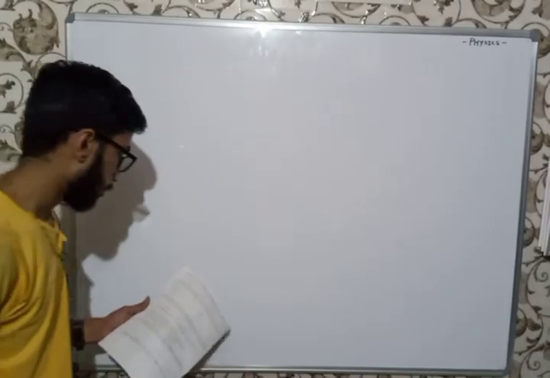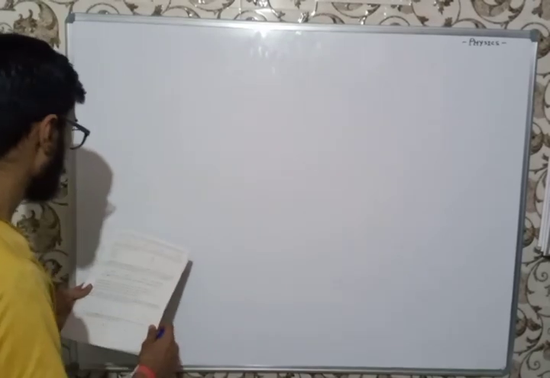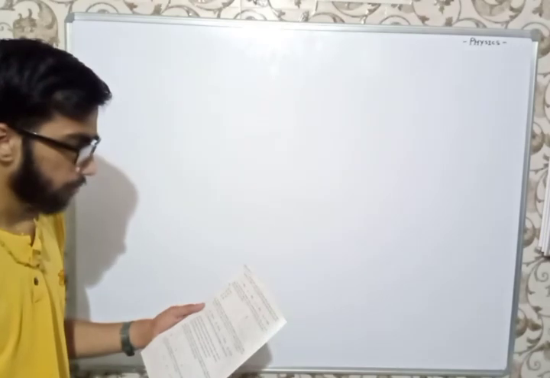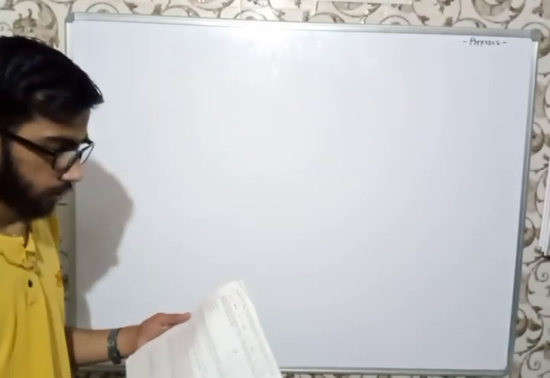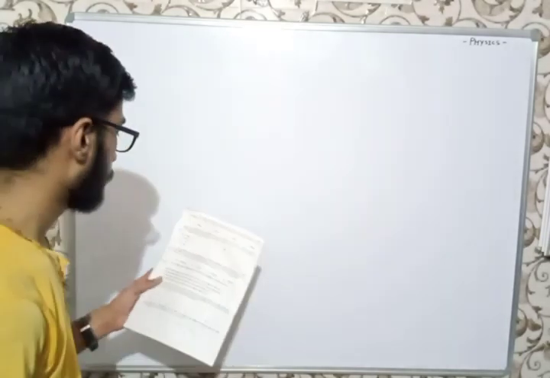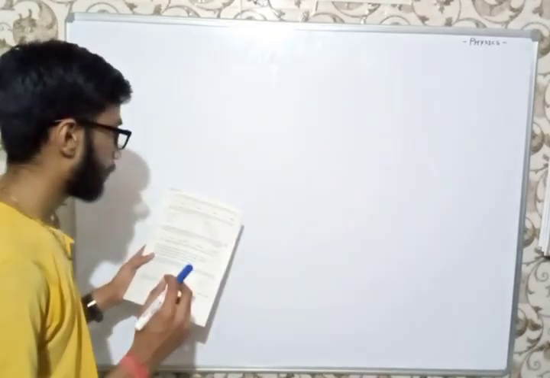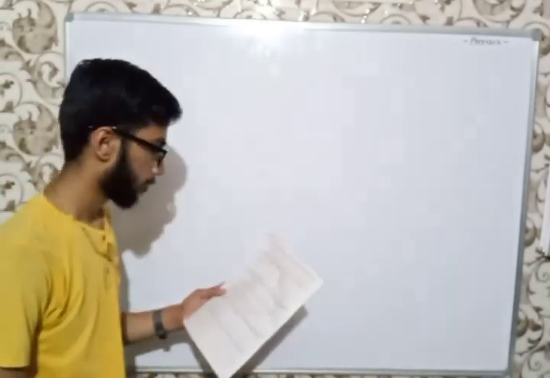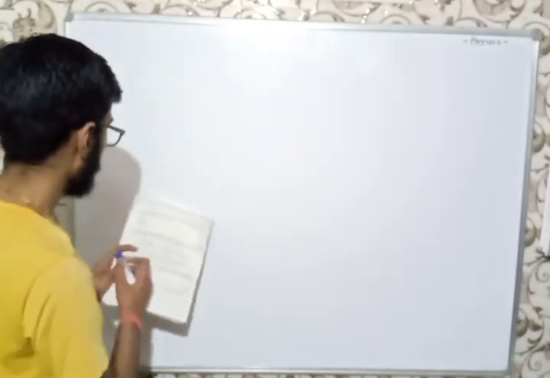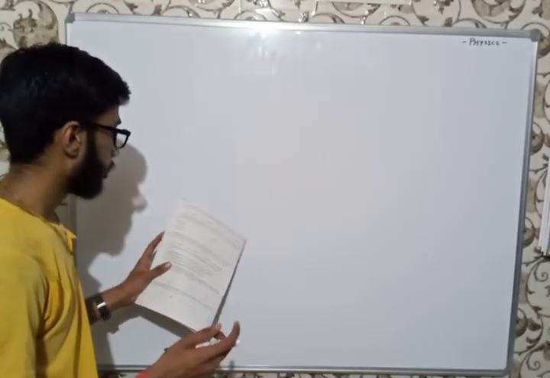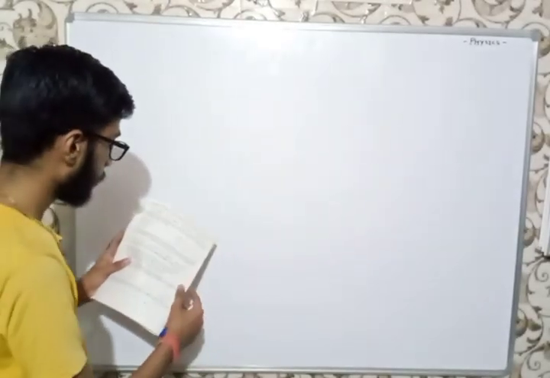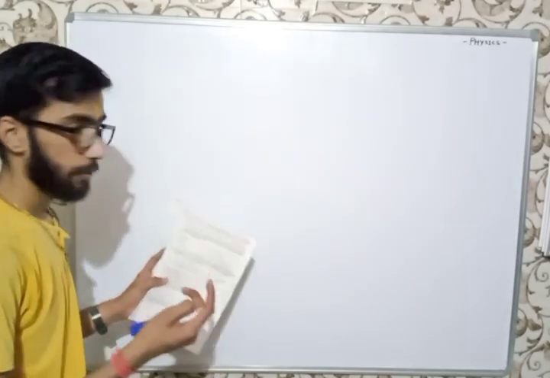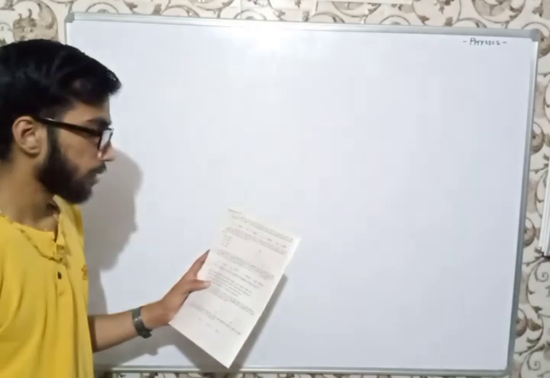Now next, there is a problem based on the PN junction diode and Zener diode. It is a quite simple problem, and you can do it. I will just state the problem. Which of the following statements is correct for a PN junction diode and a Zener diode? First, the depletion layer in a Zener diode is larger, and the junction field across a normal PN junction diode is greater.